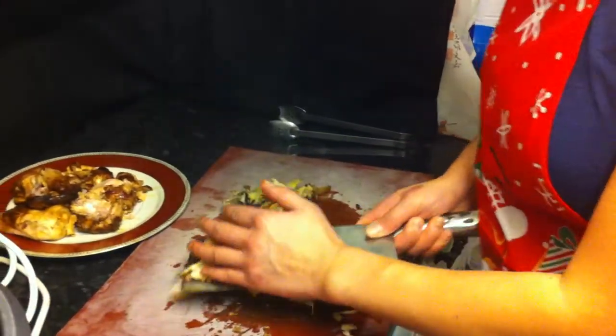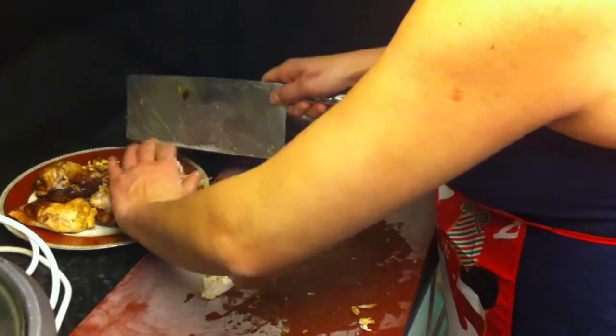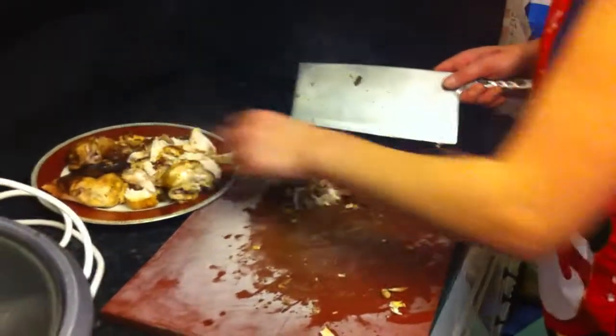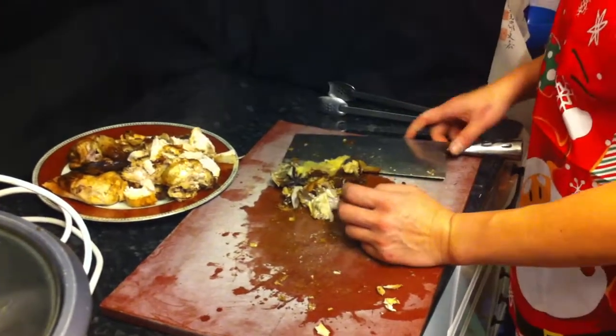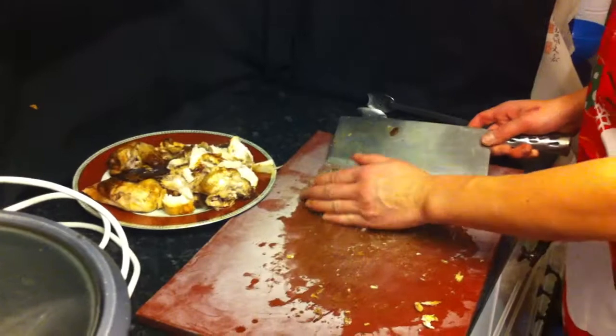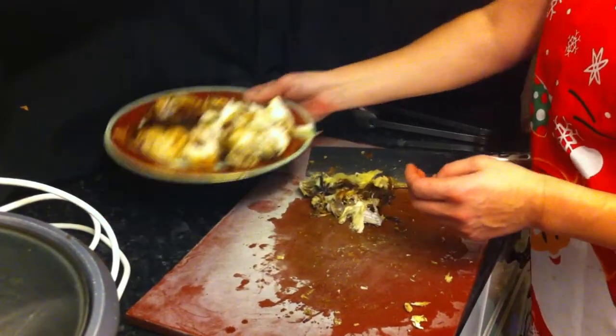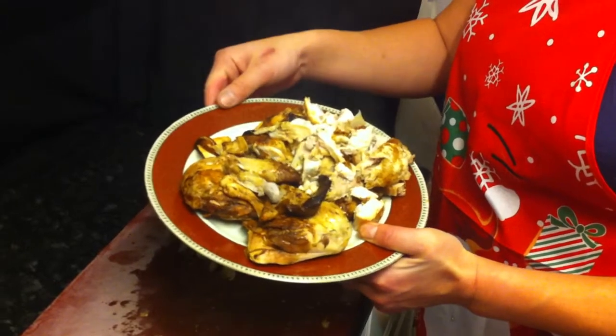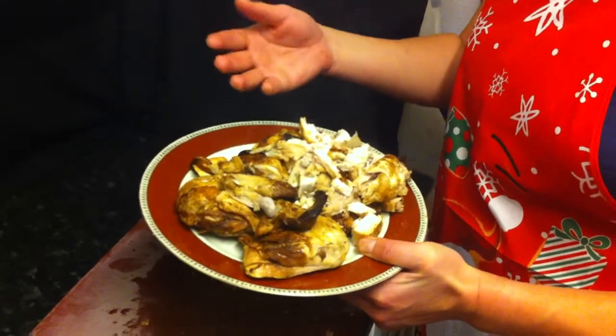What a lot of Chinese people do, when they chop things on the bone, is they normally allow the chicken to cool down a bit first so it's not so soft, and then it's easier to chop, because when you chop it nicely you can arrange it nicely, so it makes it look a lot prettier. So there we have it, the dish, which is the rice cooker chicken done with sherry, ginger and